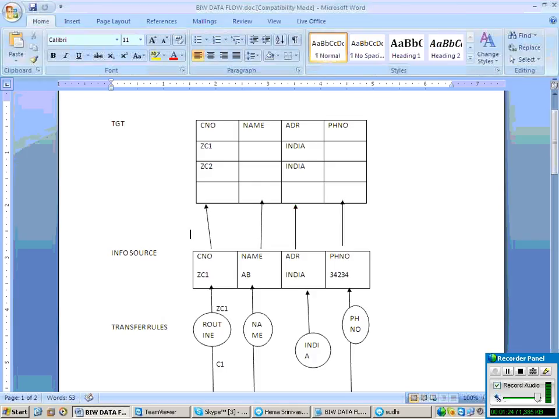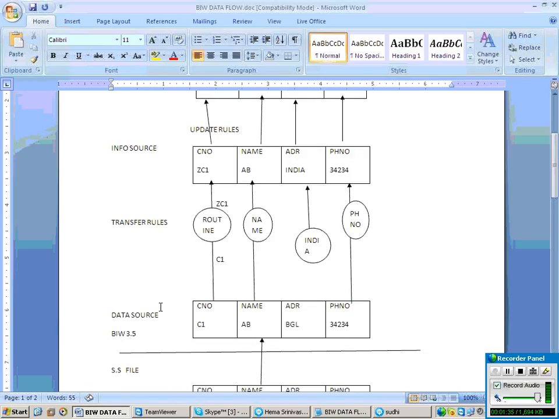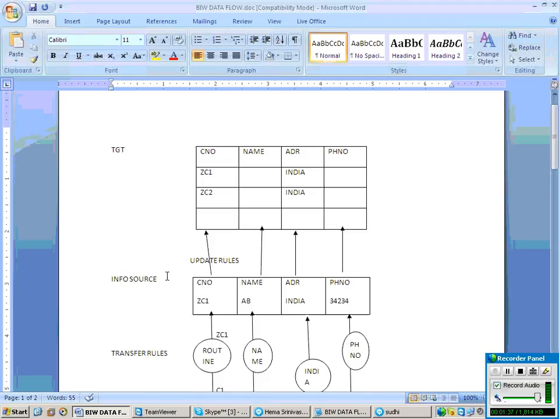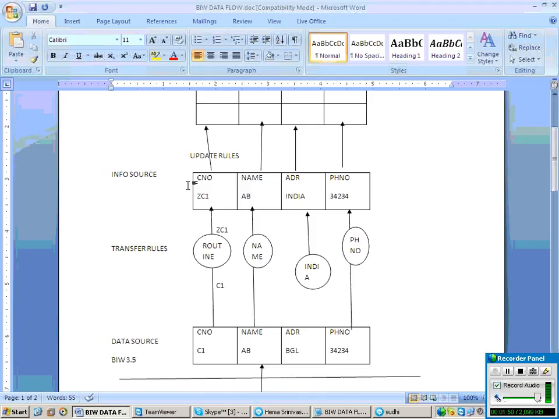Okay, right. So these are rules. Fine. Now, if you can observe, data is coming from source system to data source. Through transfer rules, it is going to info source. Then through update rules, it is updating into target, right? Now what happens? So data source and info source are typically structures. Structure means it's not holding any data